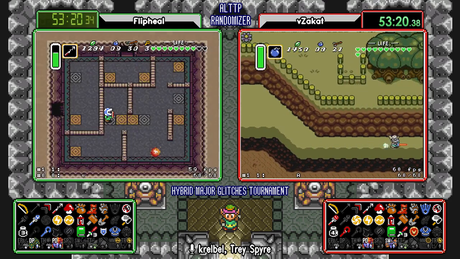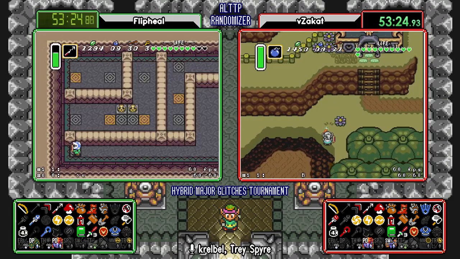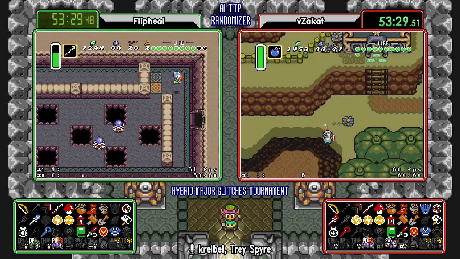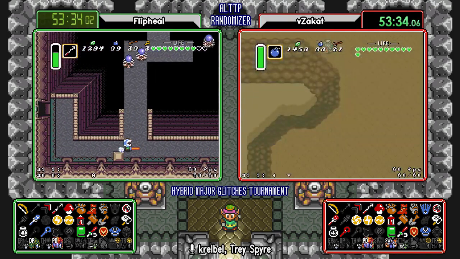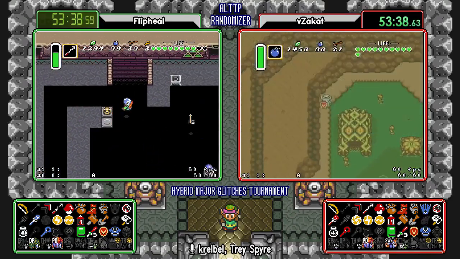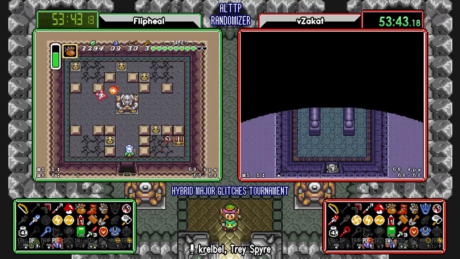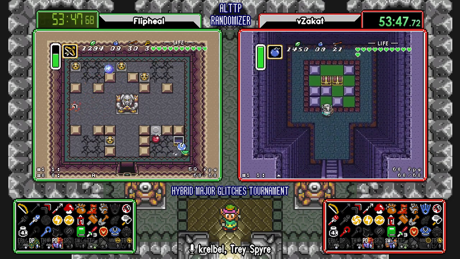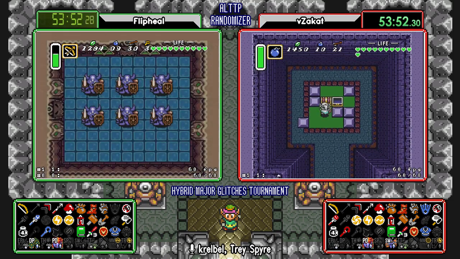Yeah, that's very fortunate. So Zakat here looks like he's heading over to Hype Cave. Nope, I believe he's going into Mire. I wonder if we'll see him. Yeah, we probably see him full clear Mire here, and then also full clear Swamp. Yeah, he has the equipment to do both dungeons. And then more than likely go straight from Swamp to...